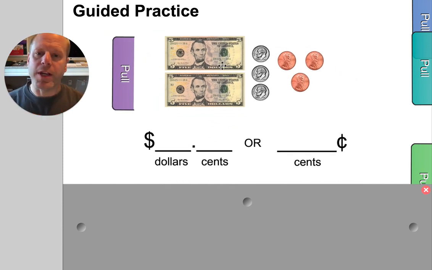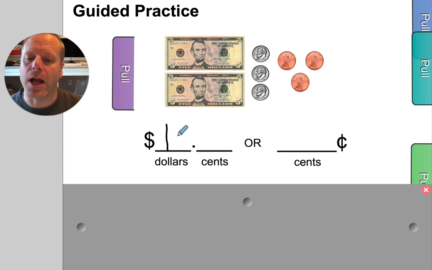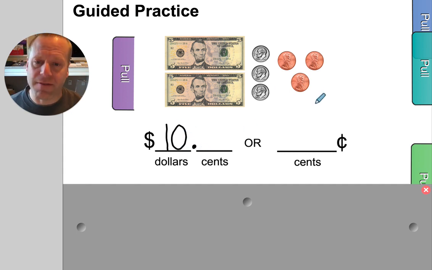So here's a group of cash, some money. We're going to count it, and we're going to show it both ways. Let's do this one first. How many dollars do I have here? Well, I have $5 and 5 more dollars. Together I have $10. I'm going to write that down, $10. And I have some cents. Let's count those. 10, 20, 30,